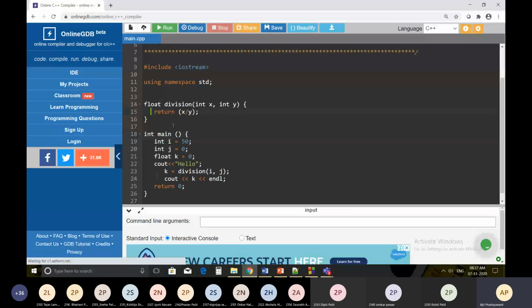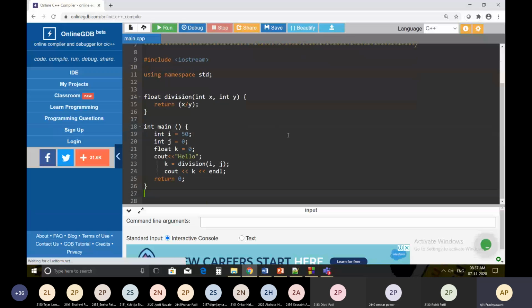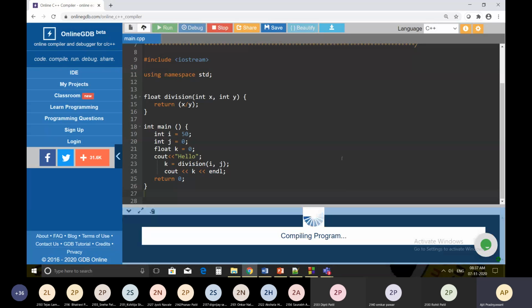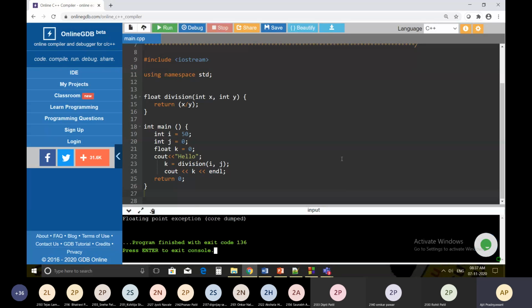Okay, the same code is present. I want to show you the error message or exception message, so I'm going to execute the code. This will show you the floating point exception, core dumped. Floating point exception, and your program is terminated over here.